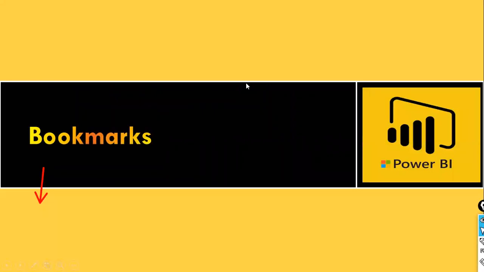The next one is bookmarks. What is bookmarks? Okay, I just save because the files